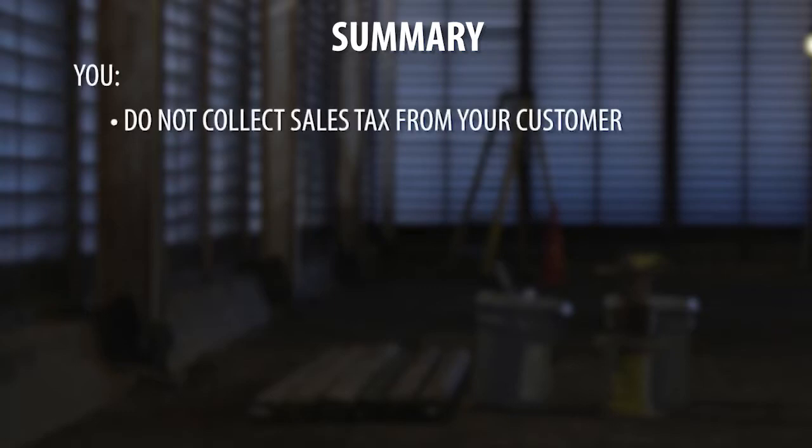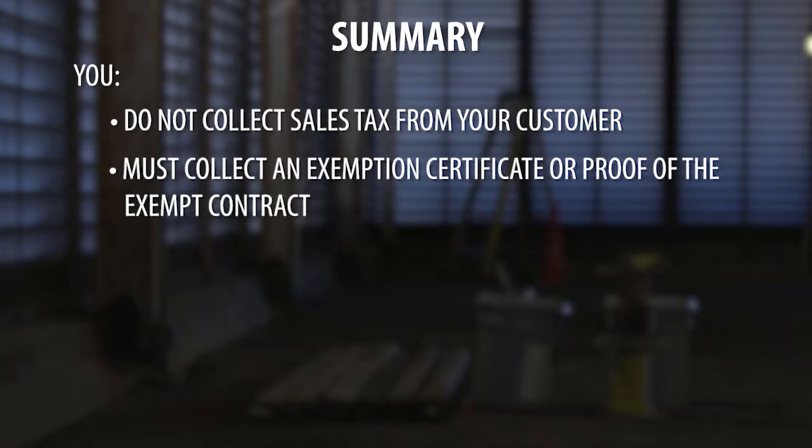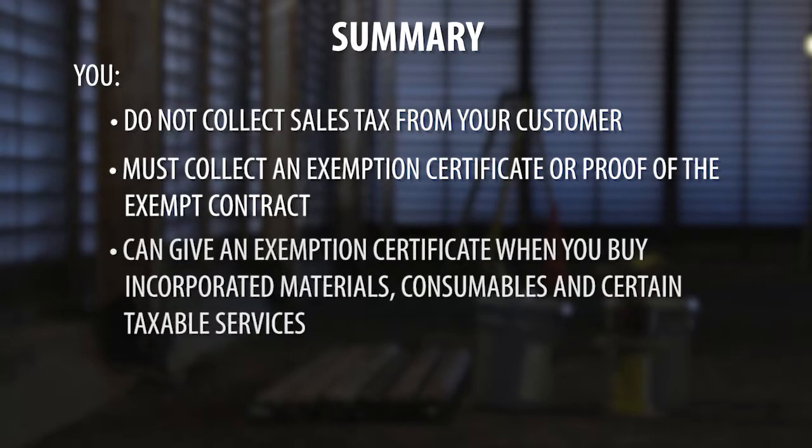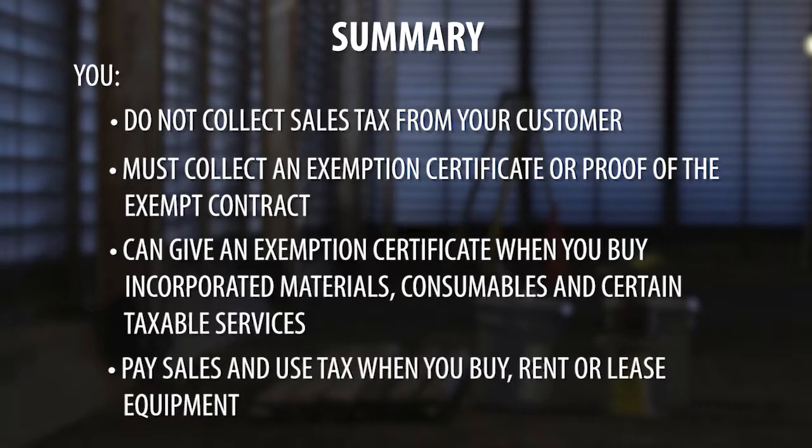In summary, for exempt contracts, you do not collect sales tax from your customer. You must collect an exemption certificate or government purchase order from your customer. You can give an exemption certificate when you buy the incorporated materials, consumables, and certain taxable services when working for entities exempted under Texas Tax Code Section 151.309 or 151.310. You must pay sales tax when you buy,